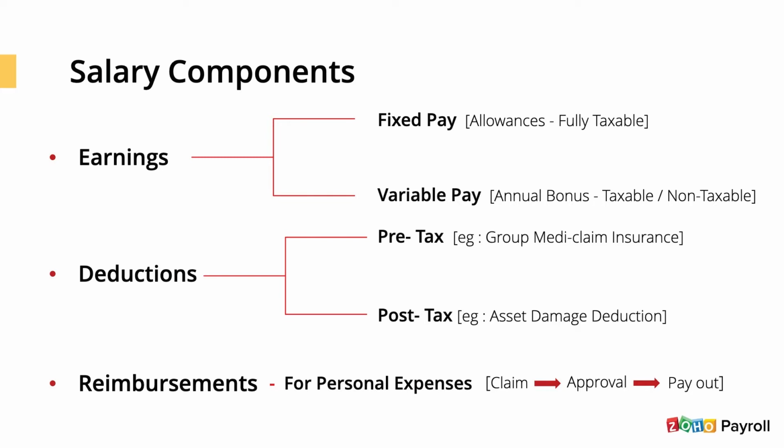Next is the CTC reimbursements. CTC reimbursements are for the personal expenses done by the employee in a month. For employees belonging to higher tax slabs, CTC reimbursements help in reducing their taxable income to an extent. The employee has to raise a claim by submitting the appropriate bills as a proof of their expense and it should be sent for organization's approval. Once the organization approves, the reimbursement gets paid out to the employees without any tax being attracted on it. Above three are the main categories under the salary components.